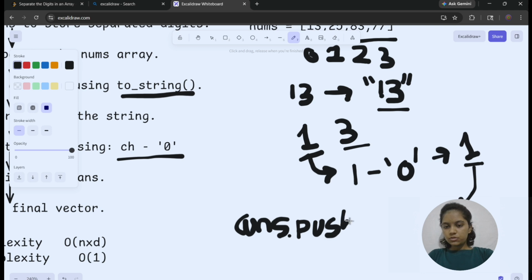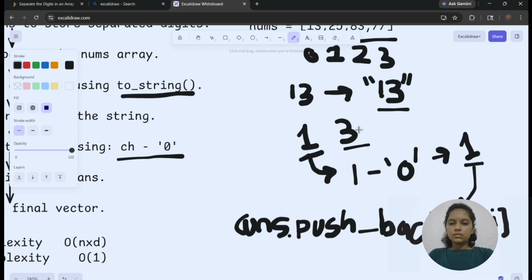So using the pushback method, push_back, here I have to give which digit I want to add in the answer vector. Let's say I have a string s, so here I am giving the ith character of the string. So it puts the 1 in the vector.